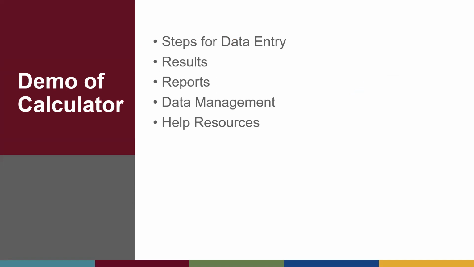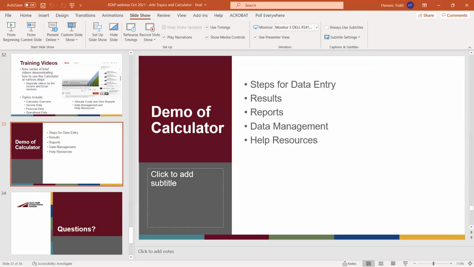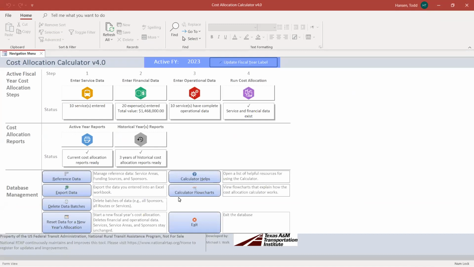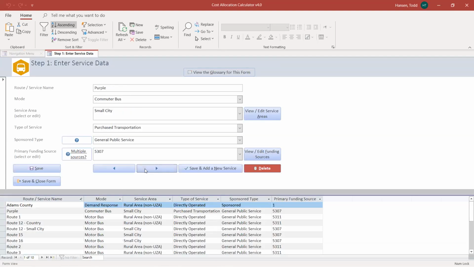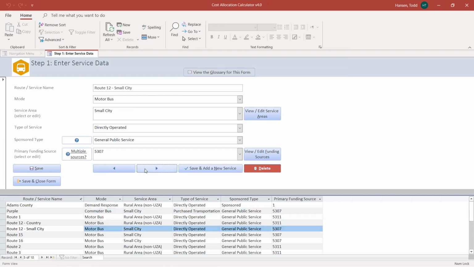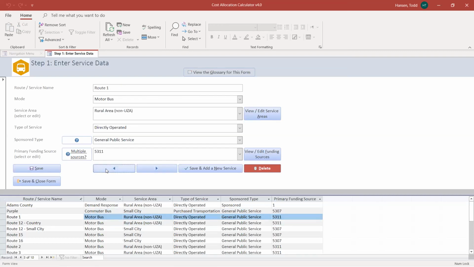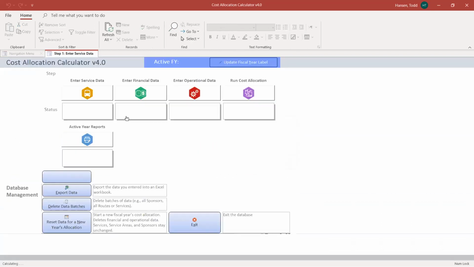So next, I'm going to transition to a demonstration. Let me start with our Access version. I'll flip through quickly. Like I said, I think the training videos, if you're unfamiliar with the calculator, will be very useful for showing data entry itself. So I'm not going to do that for today, but this is just showing, for those of you that haven't seen it before, in each of these steps,